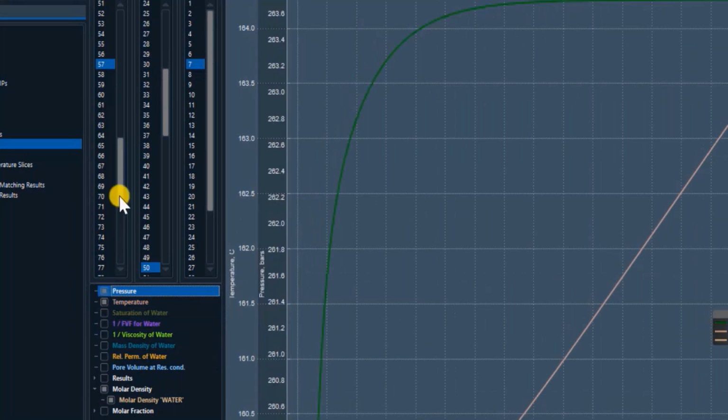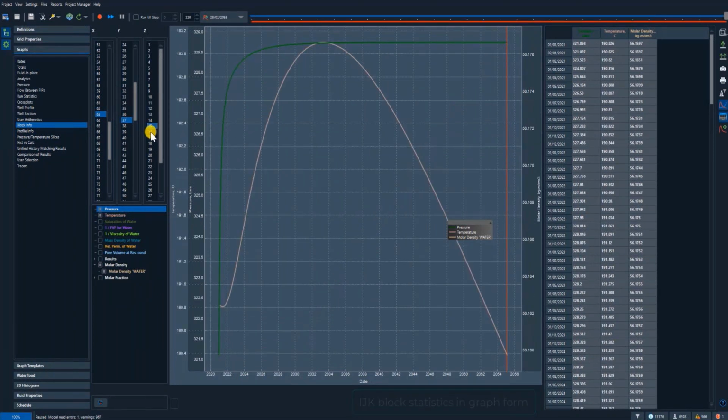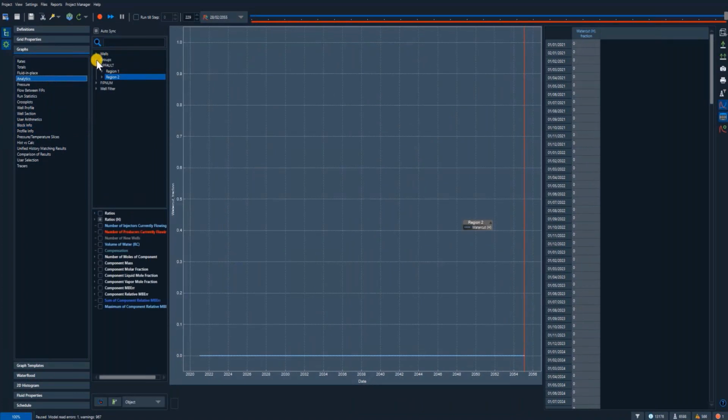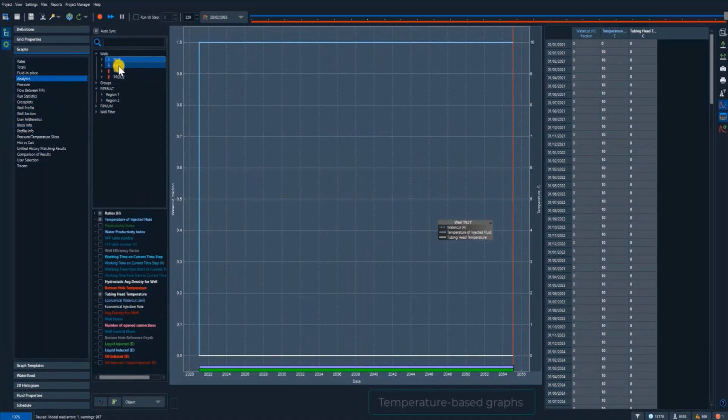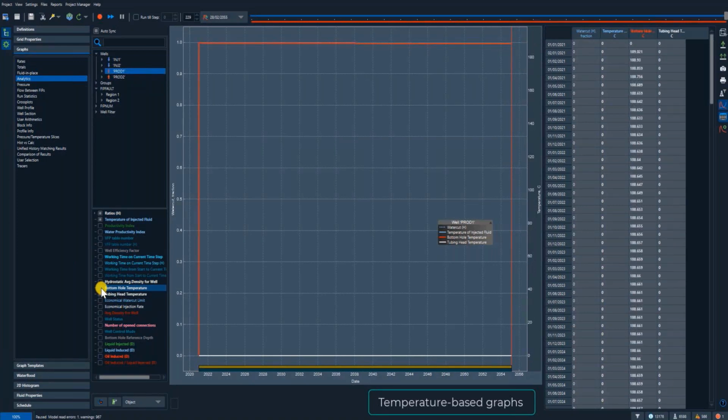Now, if you right-click on any grid cell, you can look at your block info. It's just an IJK block with some parameters at the bottom, or vectors we can see. So now we're just visualizing pressure, temperature, and actually water molar density as well, which is of course 100%. We have multiple graphs additionally we can visualize. Some of these are analytics graphs for injectors and producers. So now we're looking at bottom hole and tubing head temperatures. You can look at injection temperature, and of course on the right hand side you have all of the results